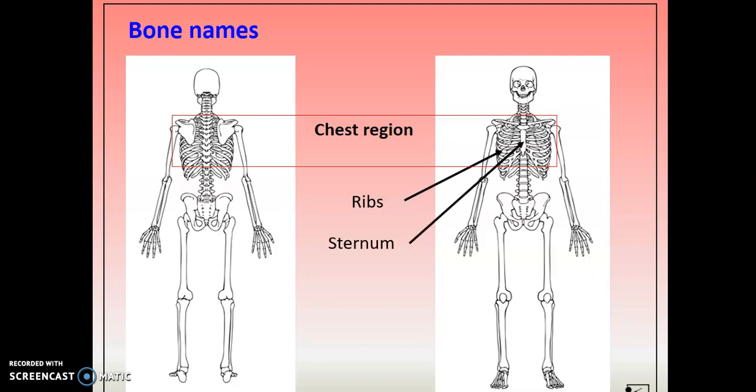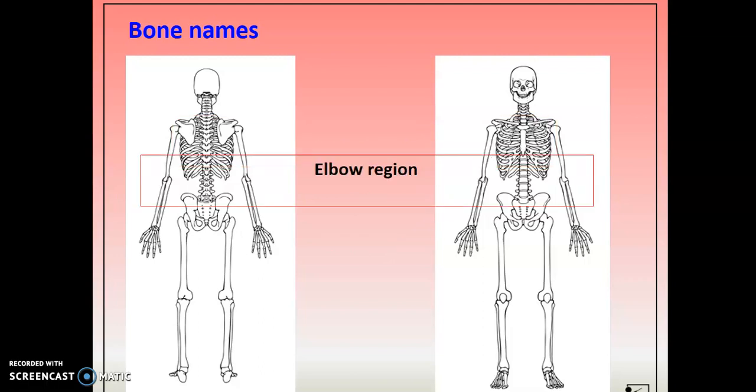Sternum then, so it comes down the middle of your chest, otherwise known as your breastbone, whether you're male or female. And again, that just allows the rib cage to connect in from your vertebral column. Moving down then,